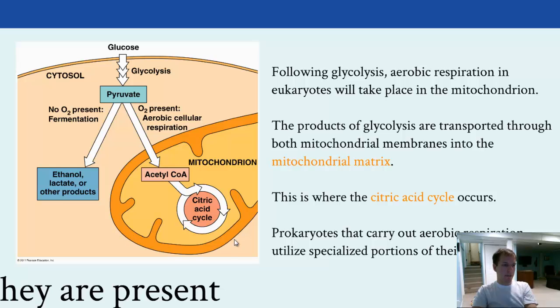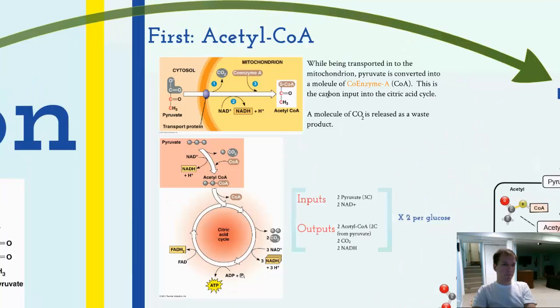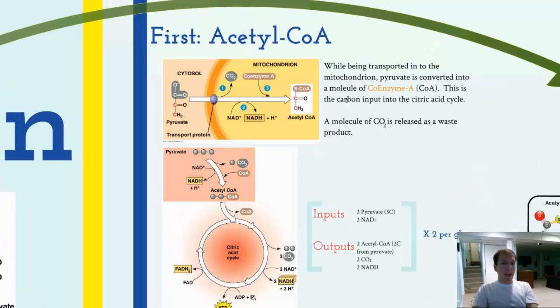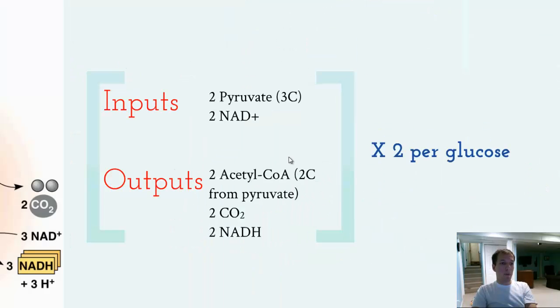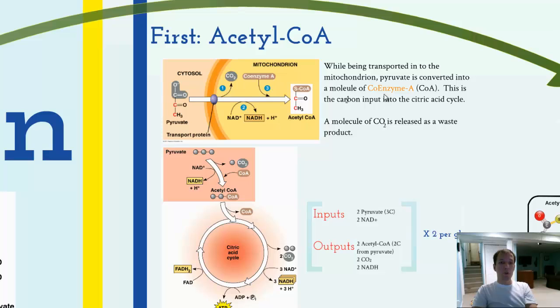We have part of that cycle happening, we're beginning inside the inner membrane. This is known as the matrix of the mitochondria. And this is where we start with the citric acid cycle, which is also known as the Krebs cycle. What we start with, we had pyruvate. If you remember, pyruvate is going to be broken down and turned into acetyl-CoA. And acetyl-CoA is slightly smaller. So we went from a 3-carbon molecule to a 2-carbon molecule, so CO2 is a waste that's going to be